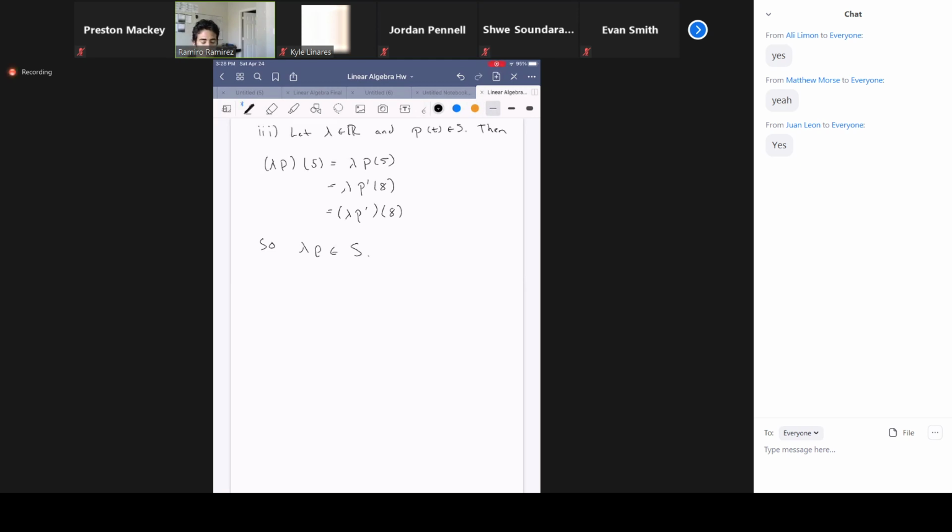Okay, so that means A is a subspace. Okay, so I'm going to do 2 more, and then I'll leave the rest to you guys, because I want to get through all the problems. So the second one, B,